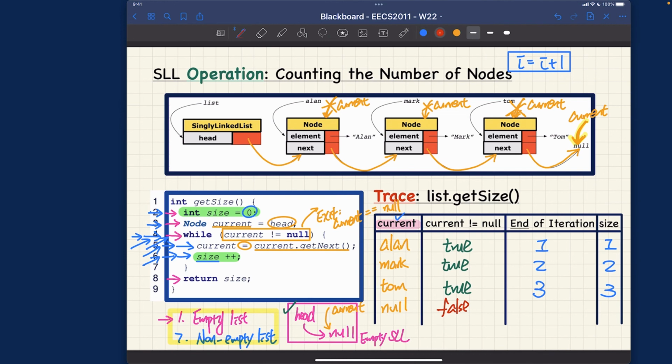Let me make some remark over here. We know that, okay, starting from the first node in the chain, we keep calling getNext, right? We keep calling the getNext method over here until, sorry, I'm running out of space. I'm going to continue from over here until reaching